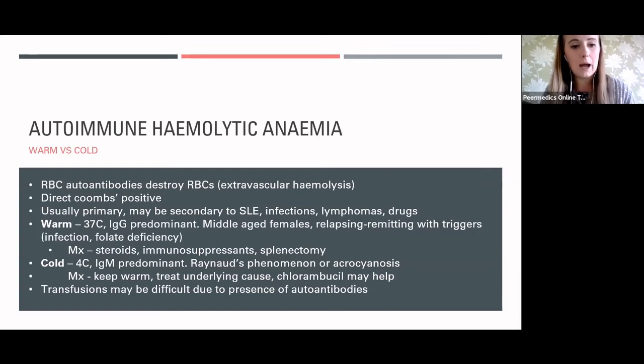And your cold type happens at about 4 degrees or less. It's IgM predominant, and your patient might present with Raynaud's phenomenon or acrocyanosis, which is where you get a more permanent discoloration of the extremities. You're basically going to tell your patient, keep warm, avoid the precipitants. A drug called chlorambucil might help if they're getting symptoms quite a lot, but otherwise you wouldn't tend to medicate it. This one's quite a hard one to give transfusions to, because obviously a transfusion is coming from a donor,